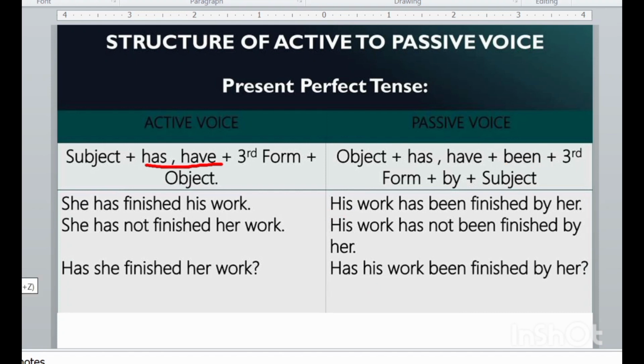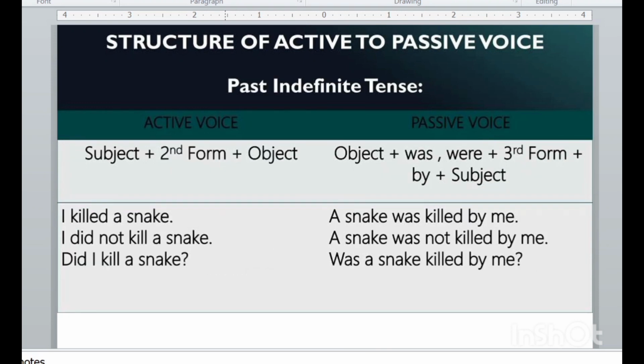Past indefinite. Past indefinite tense, you know that it is used to talk about an action that was done in the past, and we are talking about it now in the present. Okay, past indefinite. Active voice: subject plus second form of verb plus object, and in